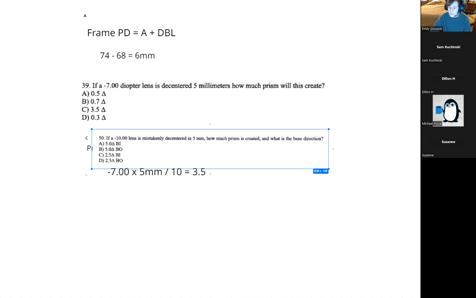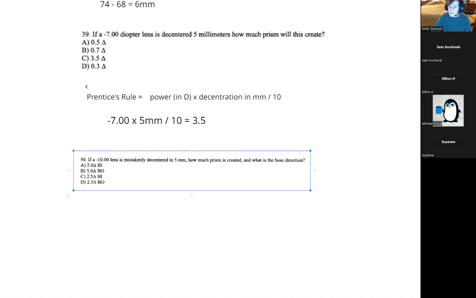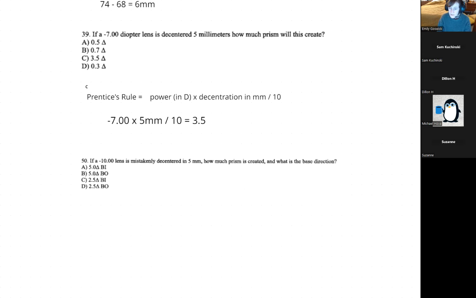Okay, so similar. If a -10 lens is mistakenly decentered 5 millimeters, how much prism is created and what is the base direction? Okay. So again, we need to remind ourselves, kind of like what we did earlier, what does the shape of a minus lens look like? Minus lenses have their apexes in the center. They look like this. They also, obviously, if we were doing this vertically, would be like this. We're not doing this vertically because,